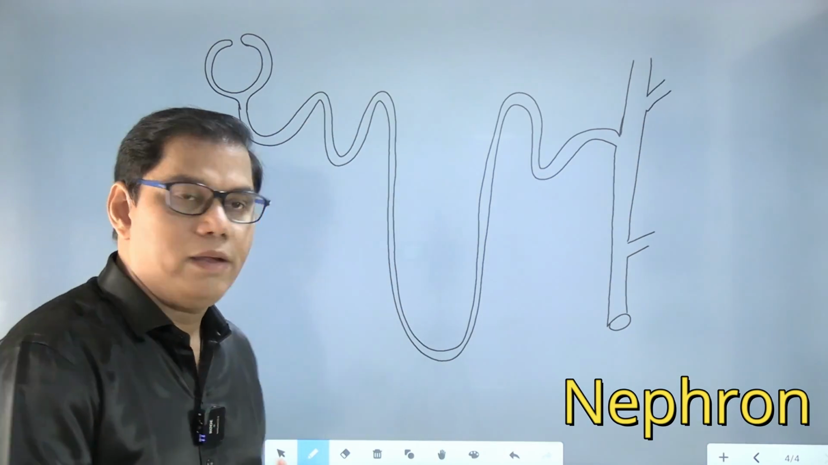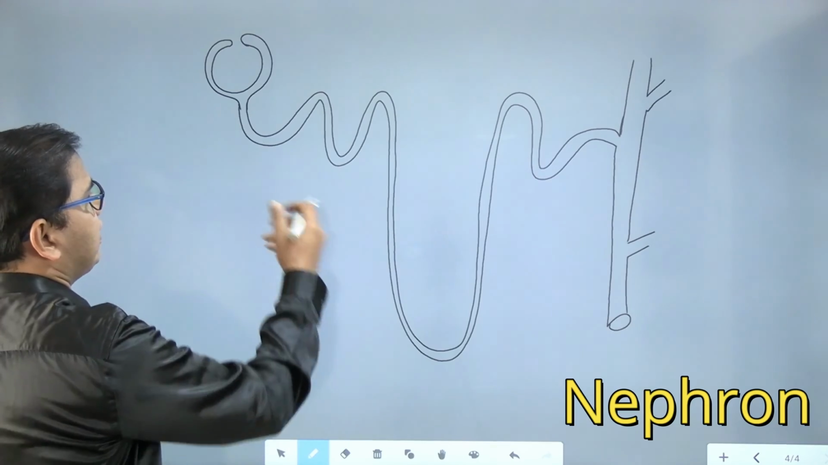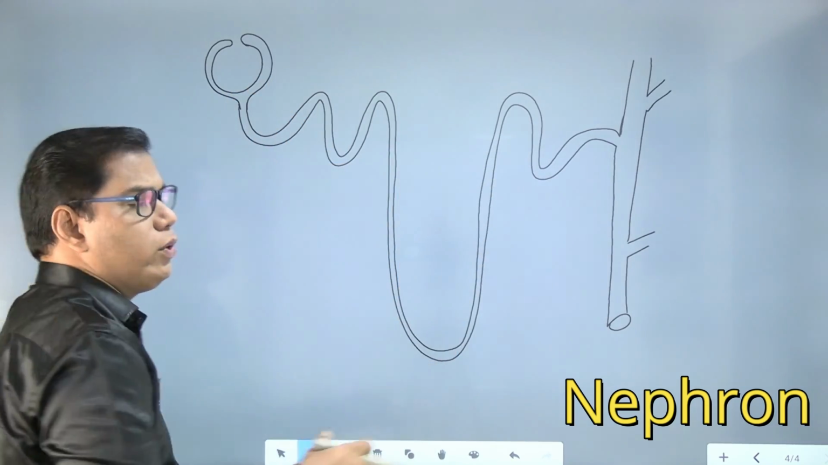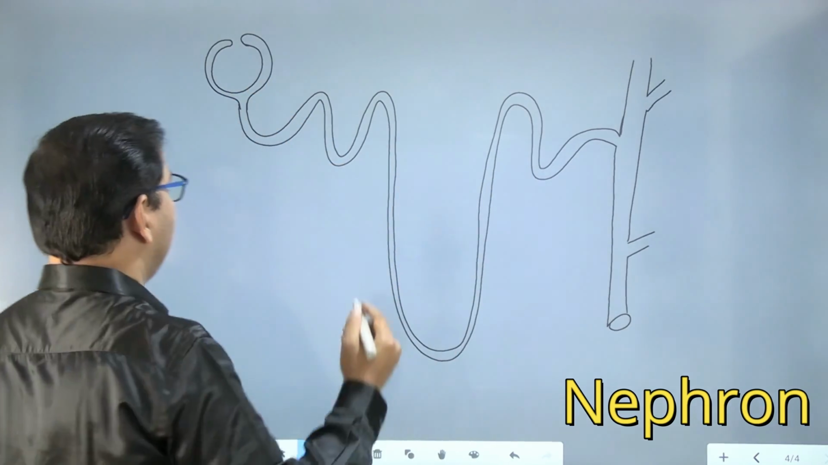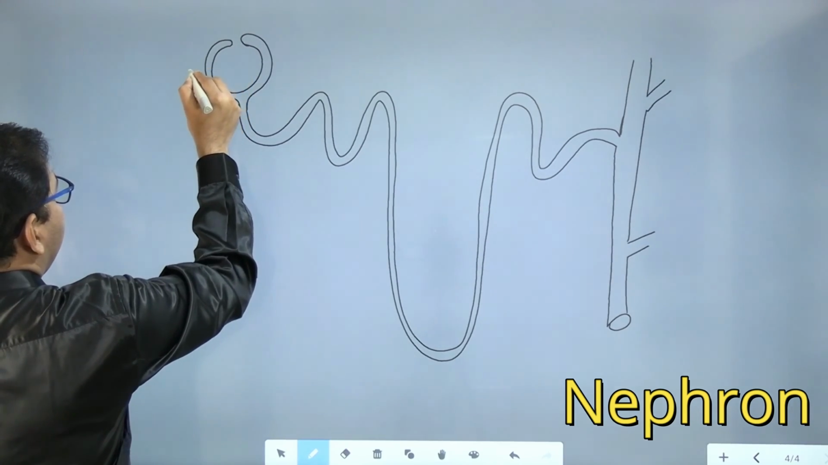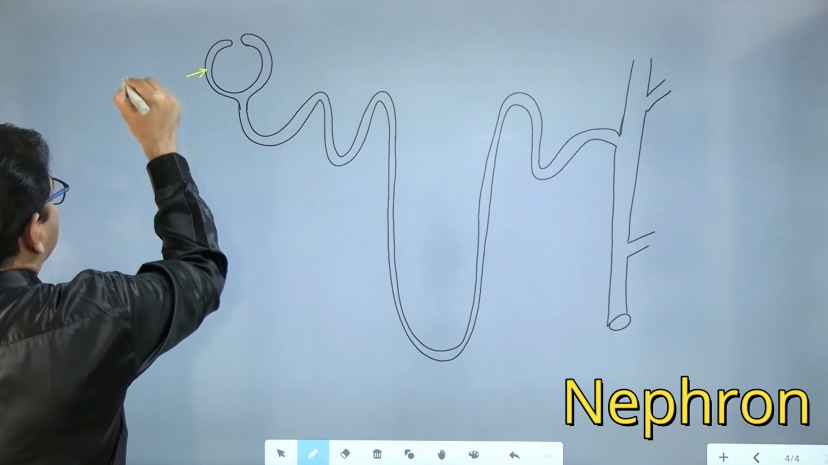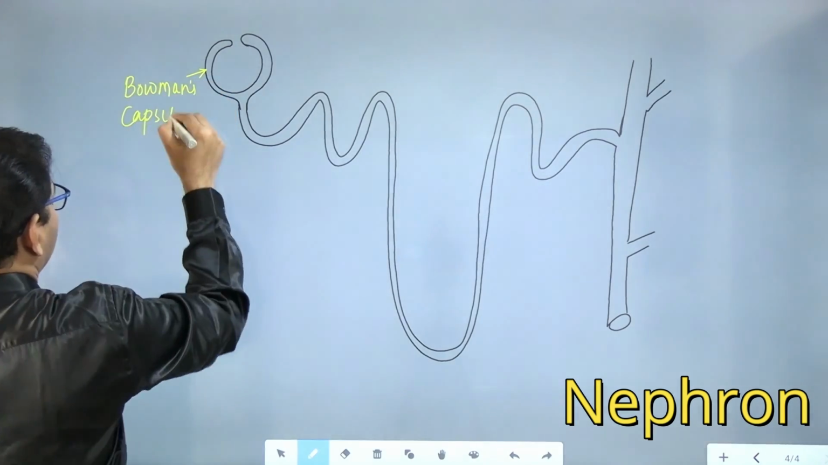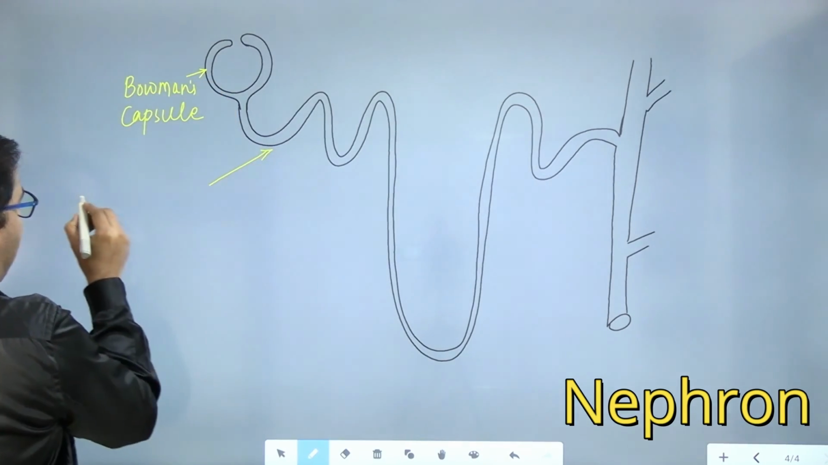So this is the important structure, and you have seen that with free hand drawing you can draw it very easily. Let us continue. Now this part which you see is the Bowman's capsule. This structure